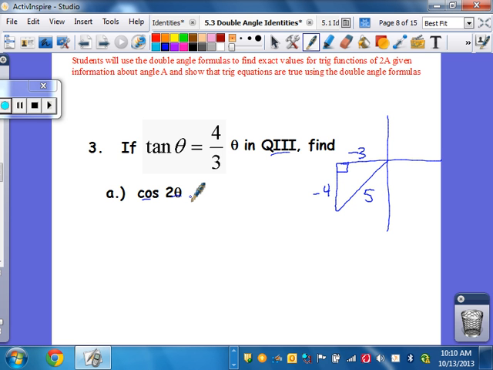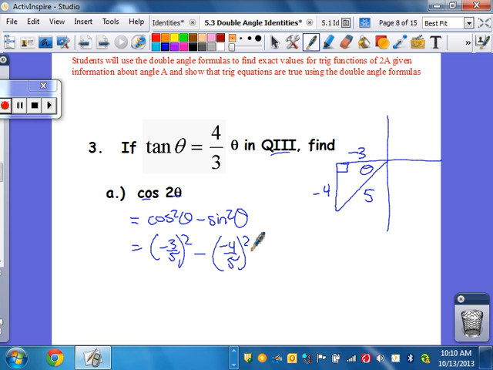Cosine double angle. Let's use one we haven't done before. So the only other one that I haven't shown you is cosine squared theta minus sine squared theta. Okay? Do I know both of these in this triangle? Yes, if I go each separately. So cosine is -3/5. So that's -3/5 squared minus